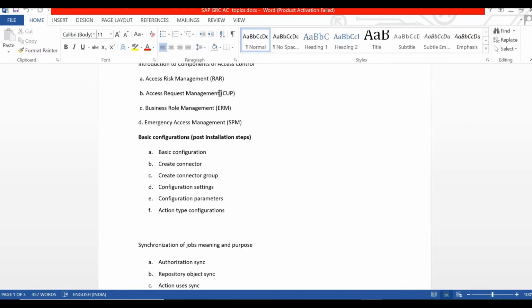This process is what we define in GRC, so it becomes an automated process, and we also add the approval process. If GRC is not there and we have to create a user, his manager has to send a mail so that we can consider his approval and create his ID in a particular system. With the help of GRC, this becomes automated. Once a user requests to create his ID in a particular system, GRC is configured so that it automatically goes to his manager for approval.